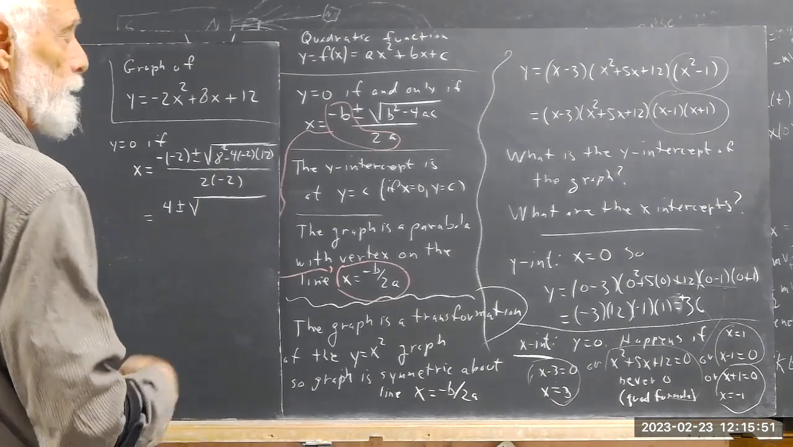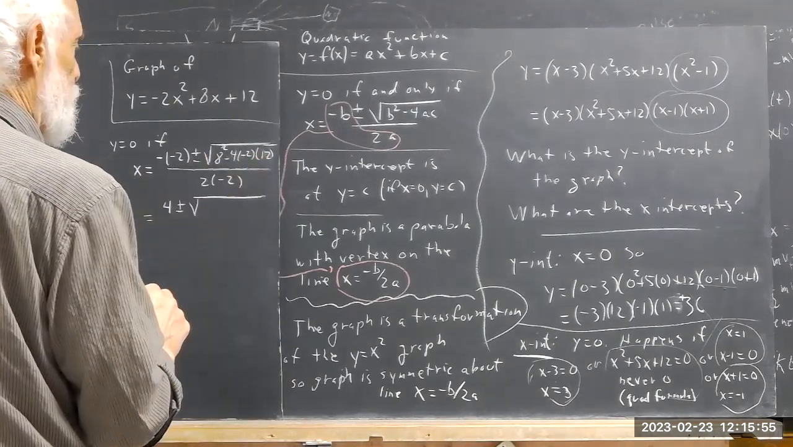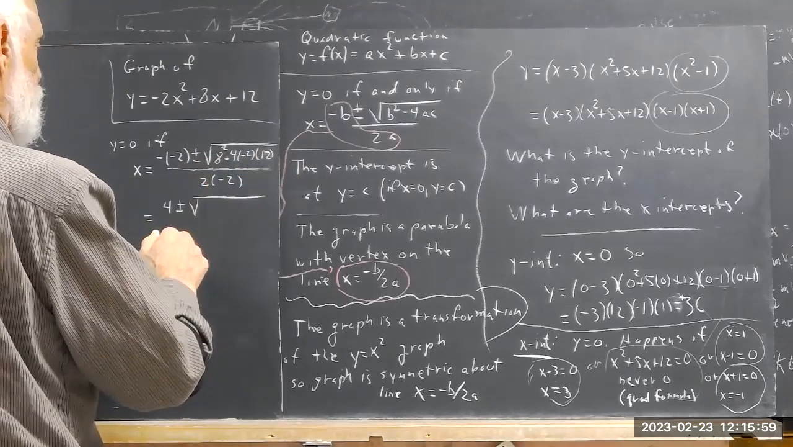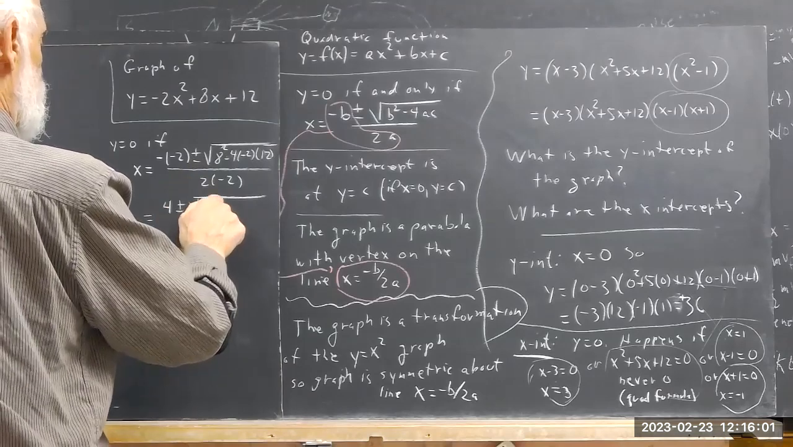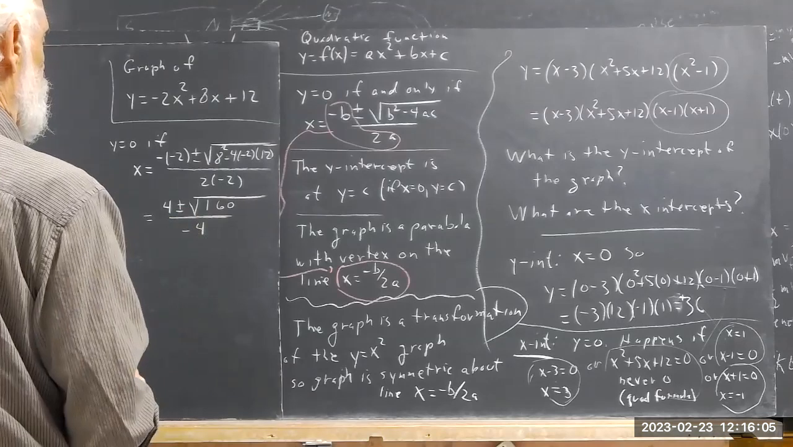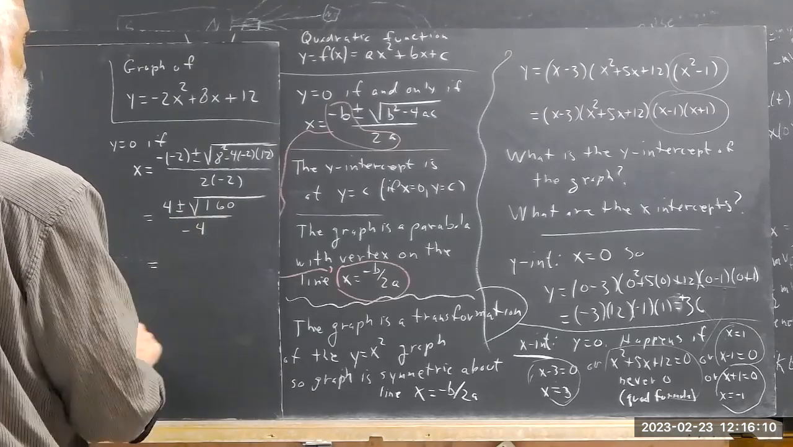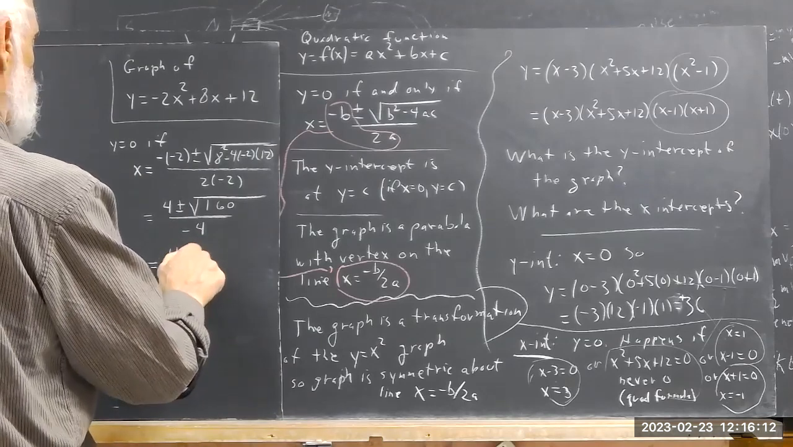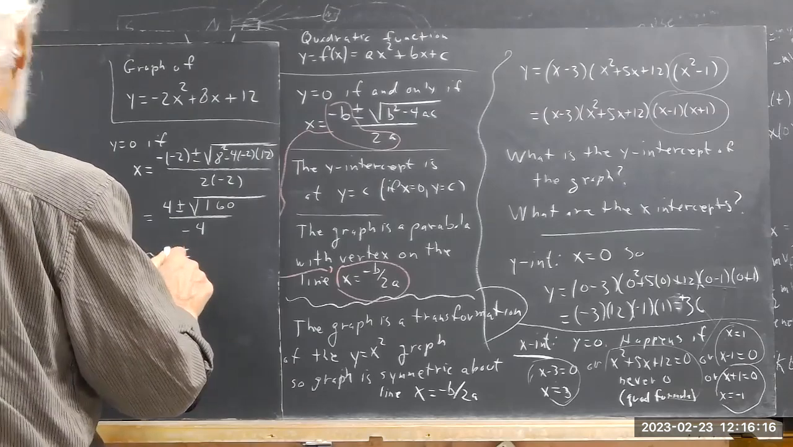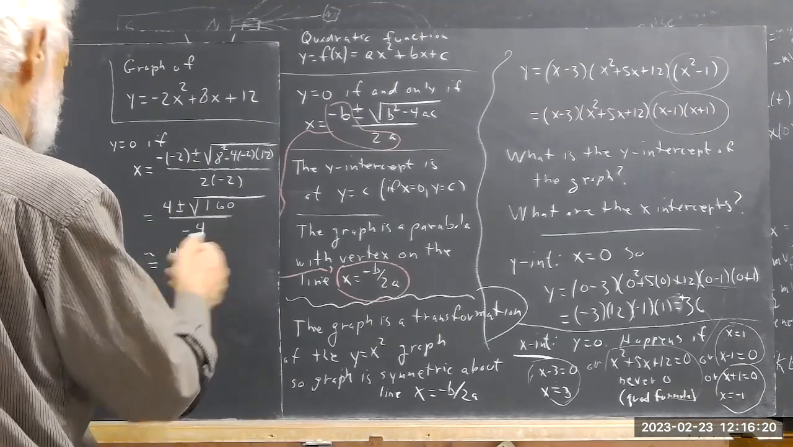Okay, 8 squared is 64. 4 times 2 is 8, times 12 is 96. It's going to be positive because of 2 negatives. 96 and 64 is 160. And that's going to be 4 plus or minus 12.7